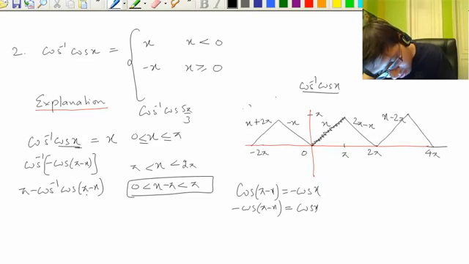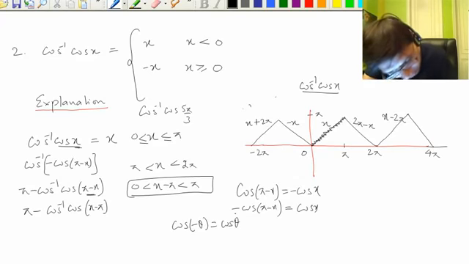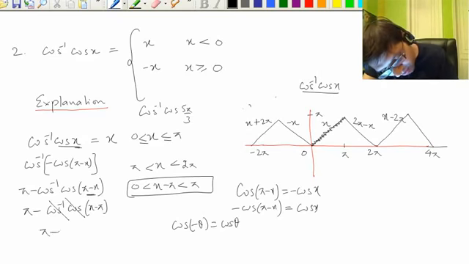But this is still not in the principal value branch. Pi minus x should be x minus pi, that's not a problem. Inside cos we can change pi minus x to x minus pi, because cos of minus theta is cos theta; we take the minus out to make it x minus pi, and then the minus we throw out, right. Now we can cancel this with this, so we have pi minus x minus pi.